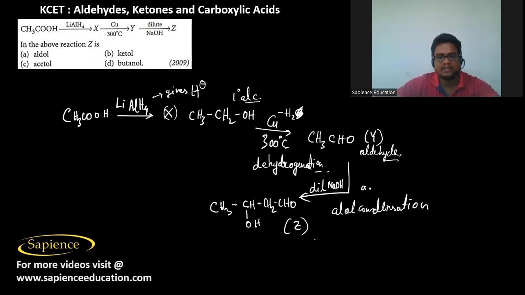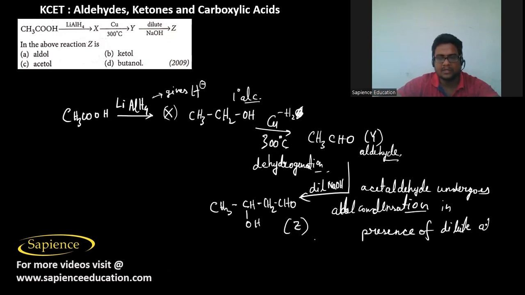So here the acetaldehyde, which is the ethanol, undergoes aldol condensation in the presence of dilute alkali to form aldol. So this compound Z is called aldol, which is a